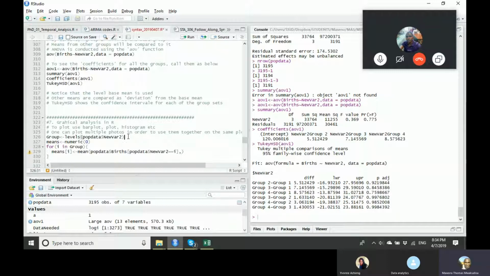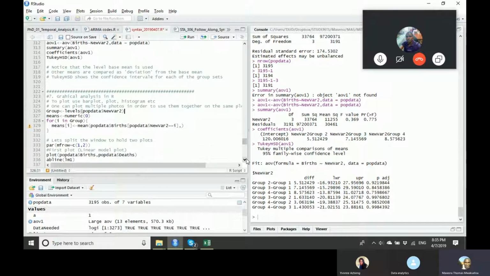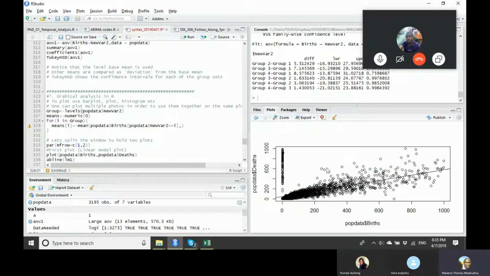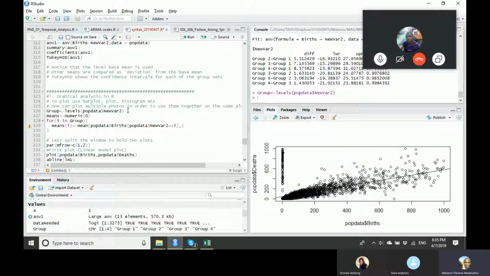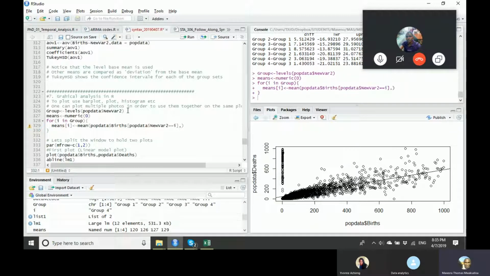So, I also mentioned graphics in R. The main thing I wanted to share about the graphics is what I really like about R: you can have multiple plots on the same graph. This is a bit different from other software. For example, let me create